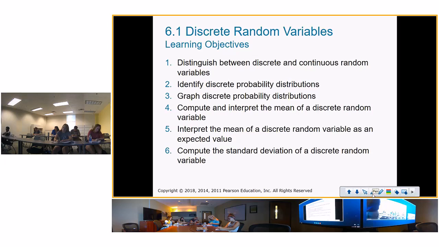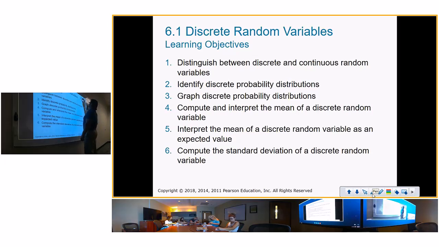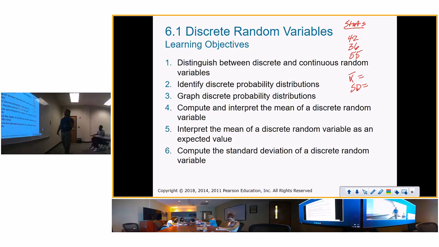Before, in the first section of the class, we were doing statistics. And I told you that when you did statistics, you have 2 types of data. You have like test scores, 42, 36, 55, and you average them up, you get the mean and the standard deviation. Okay? And I told you that's data driven. And then I told you that we can find also with a